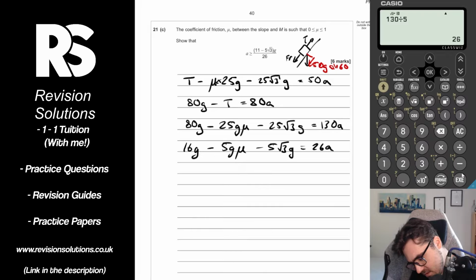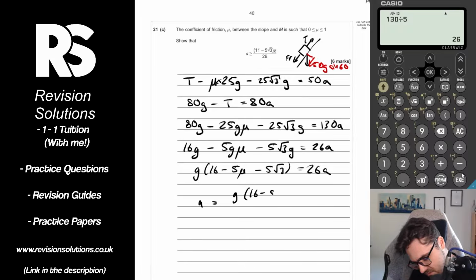So we've got g times 16 minus 5 mu minus 5 root 3 equals 26a. And just divide that by 26 now. So a would be equal to g times 16 minus 5 mu minus 5 root 3